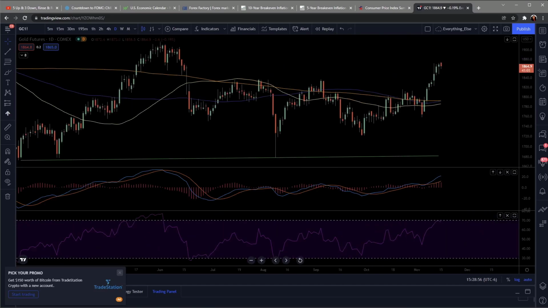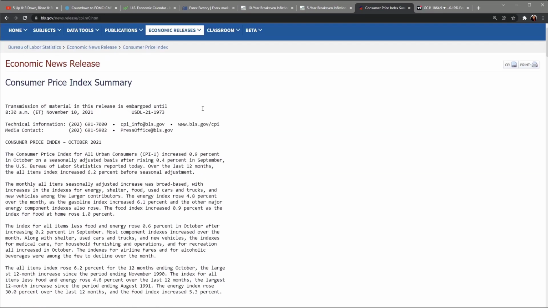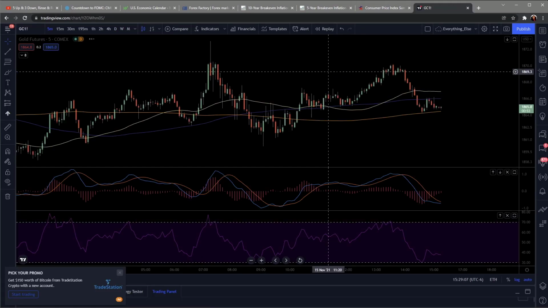Had to move up to 1870. Let's see, when was that? That was out on the 10th. Is that correct? Yeah, that was out on the 10th. So let's see if